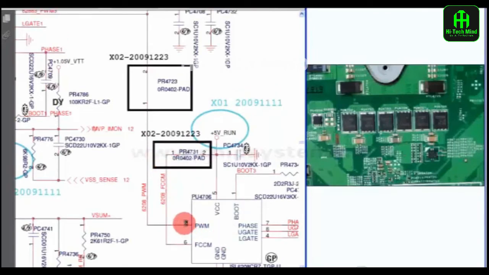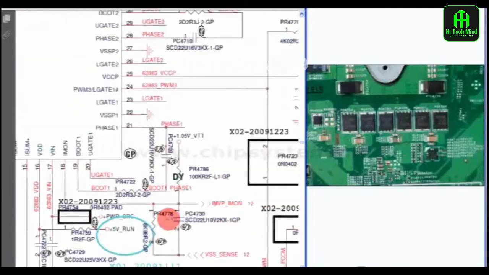This is the IC PU4706. This is the external MOSFET gate driver IC. Look at the image. This is the PU4706 external MOSFET gate driver. This IC pin number 2 mentioned PWM, that is input coming from CPU core power supply IC pin number 24,